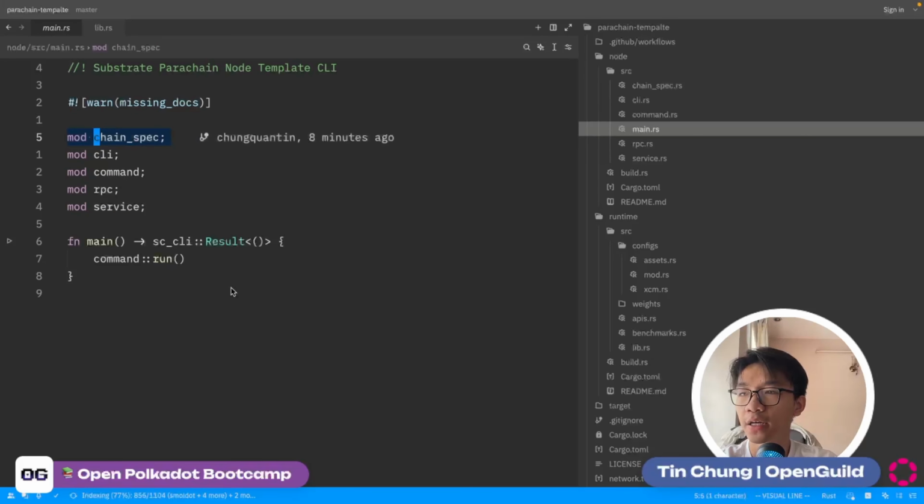The chain spec is the chain specification of your node. Why do you need a chain spec? It is special because it defines some initial state for your blockchain on initialization. When the blockchain launches, it has the first block. We call it the genesis block, and this genesis block is going to initialize all the necessary